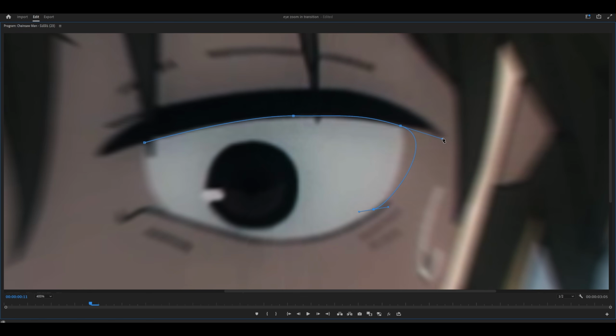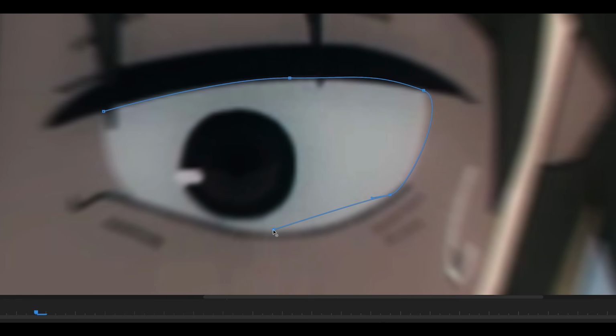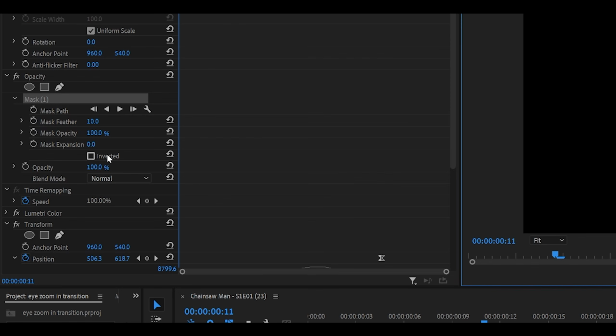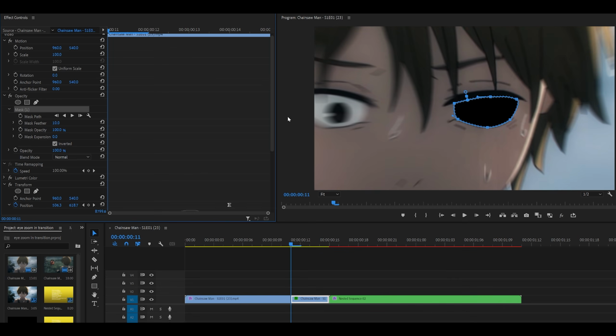So just keep on playing around with the points until you get your desired result. And remember to click and drag, so don't just click, that won't do any good. So click and then drag it, and that's done. Make sure you click on the inverted box, and the next thing we're going to do is now track this